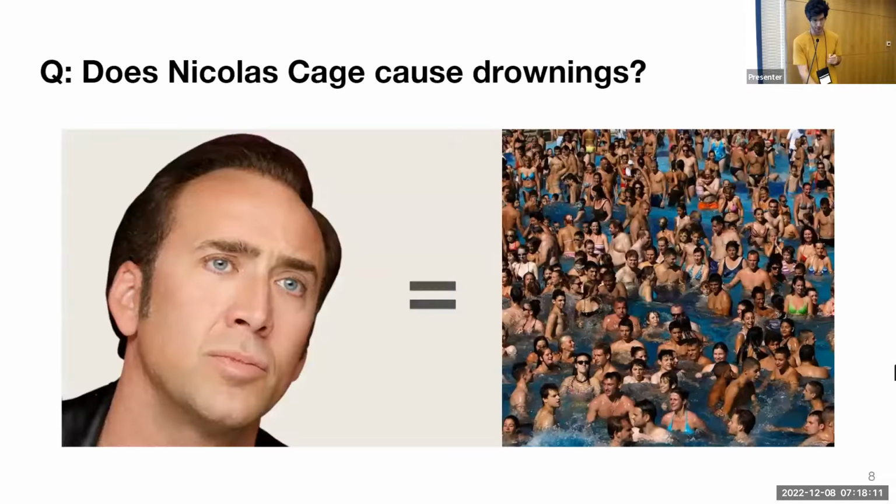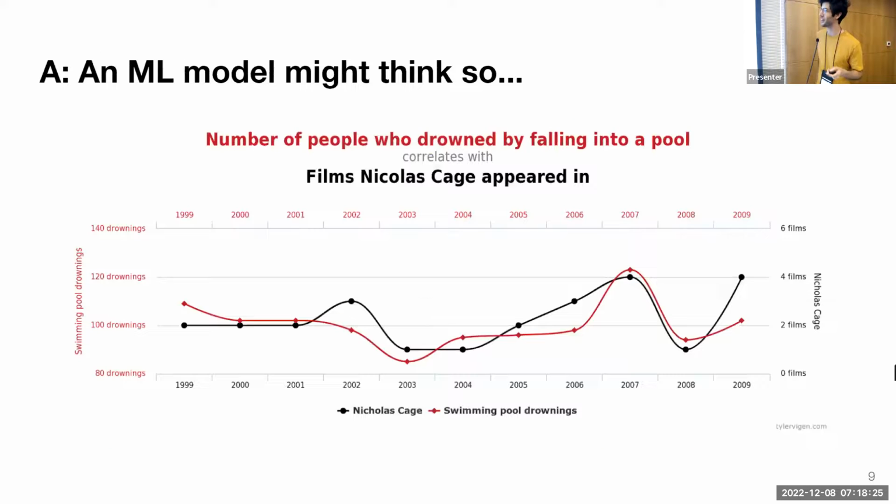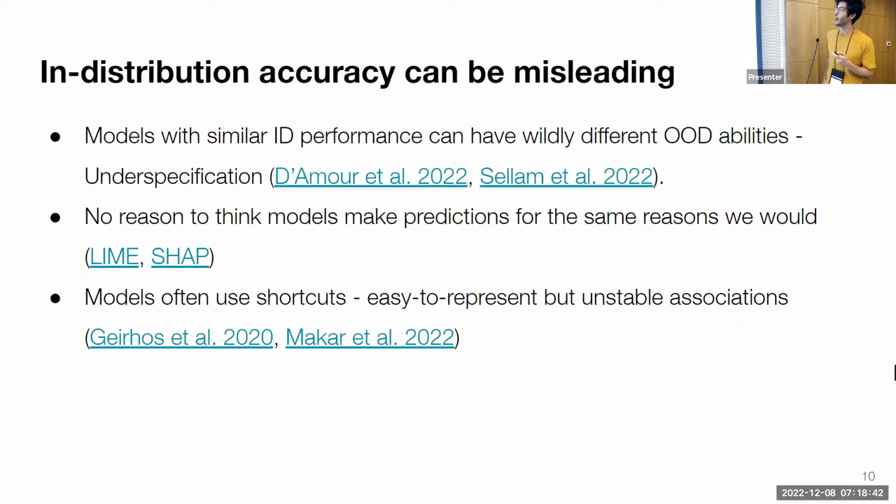All right. So I'm going to start with a very simple question for all of you. Does Nicolas Cage cause drowning in pools? Anyone thinks yes? All right, perfect. So for us, it's a very easy question, right? A machine learning model that just learns to fit data that it sees across time could easily be fooled. There could be a correlation across time between 2 variables that have no connection, which can happen for many different reasons with respect to the causal graph that we're imagining. But regardless, if we just look at the in-distribution accuracy of the held-out test set from the same distribution, results can be very misleading.